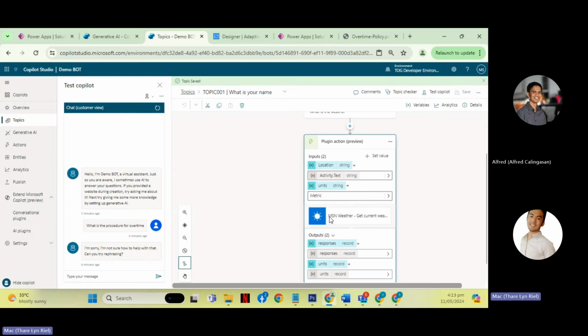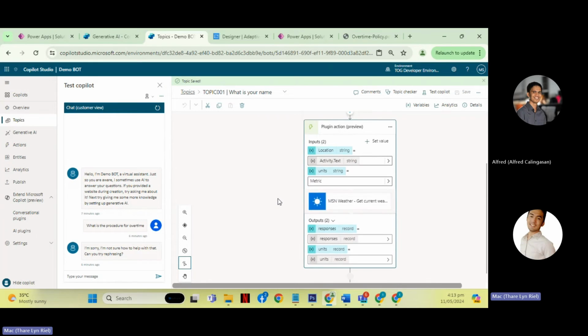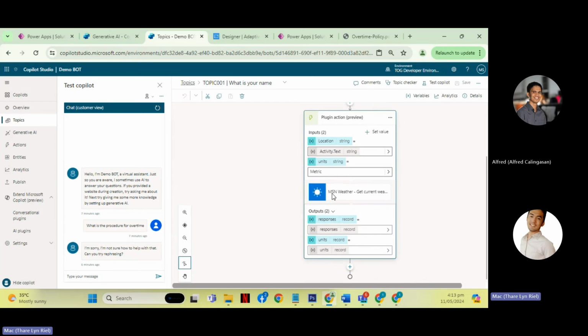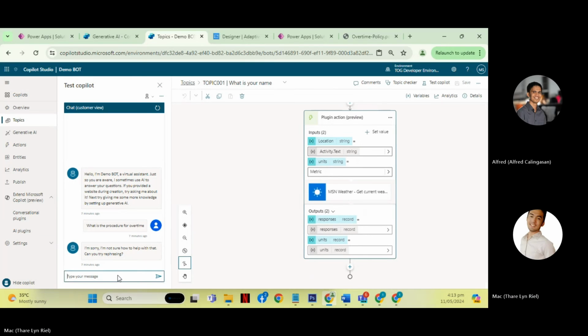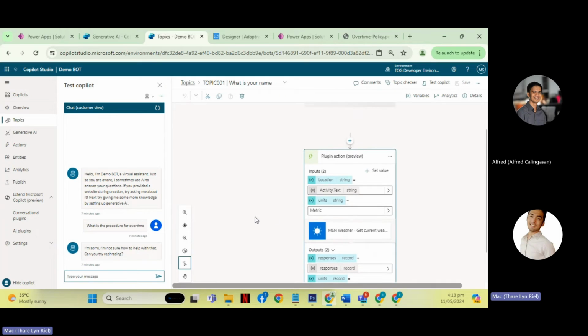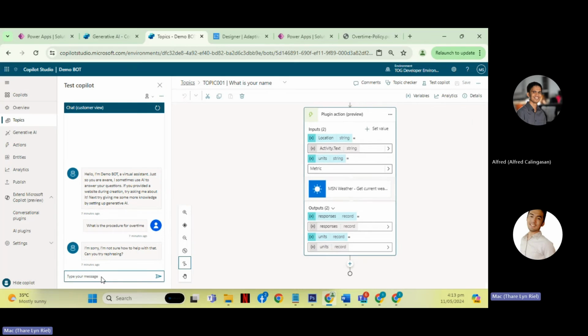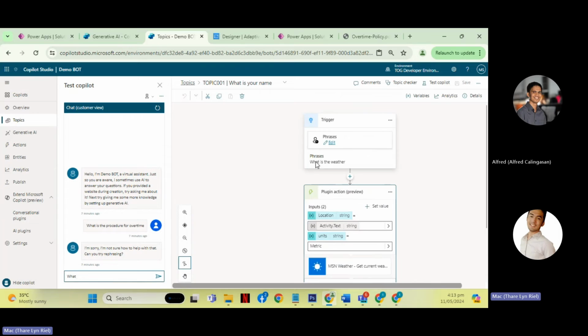Okay, so the MSN weather has some limitations. Sometimes it will probably not return something. It needs proper prompting in order to return a result. But let's try to make this work. Let's try to trigger the prompt.